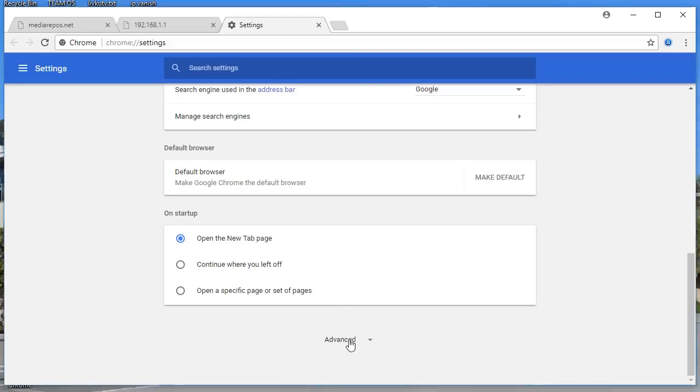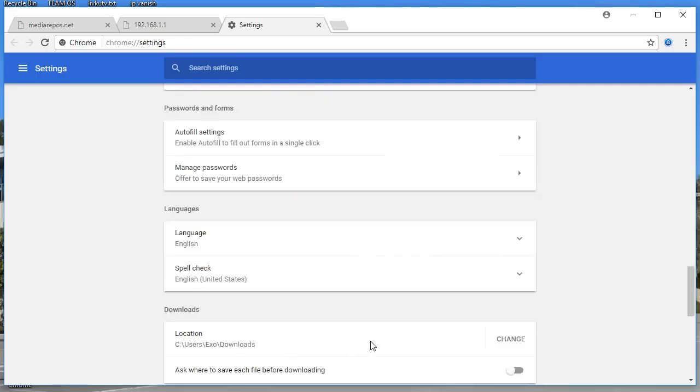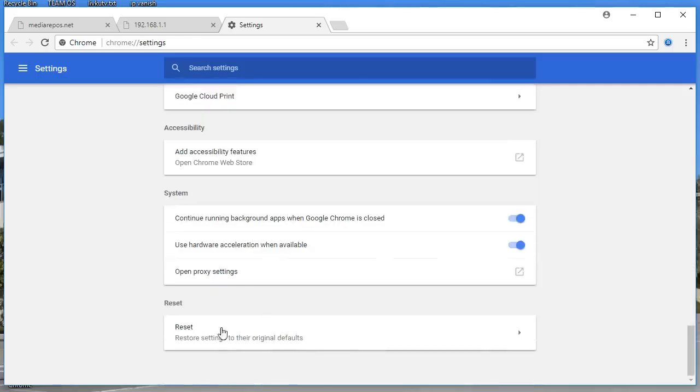Click on advanced. Obviously if you are using a different browser, check somewhere for the open proxy setting. So this is in Chrome. Once you click on advanced, click over here, open proxy settings,